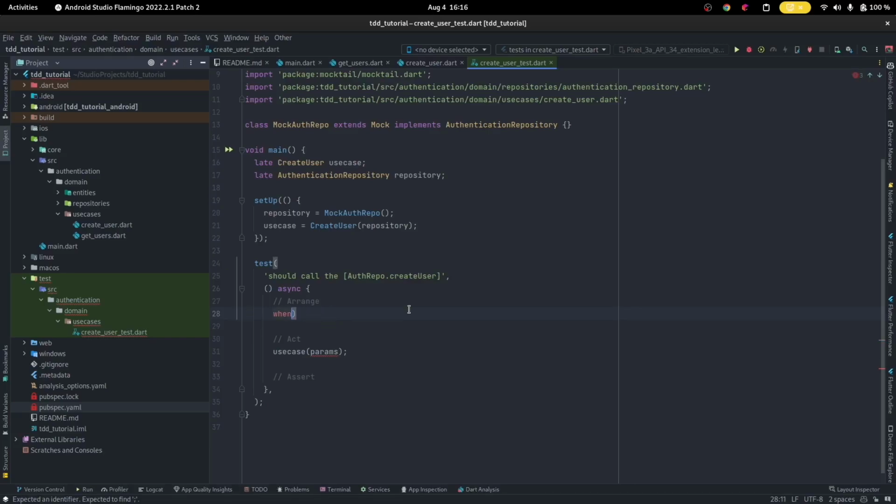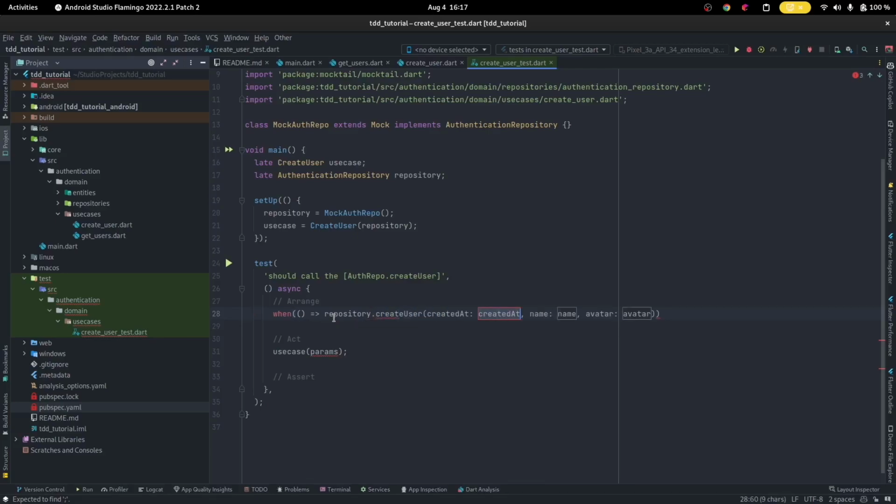So we will say, sorry for not telling you about this, we will say when, right? So it's basically like simple English, right? But the when is from the mocktail library, mocktail package, right? So we can say when, a function. So this is simply saying when we invoke or when a higher order function calls, when someone calls what? When someone calls the repository, when someone calls the president, when the use case calls the president and says president,